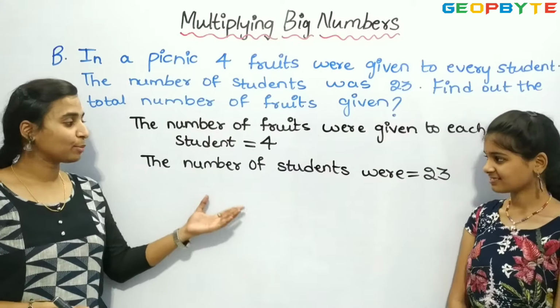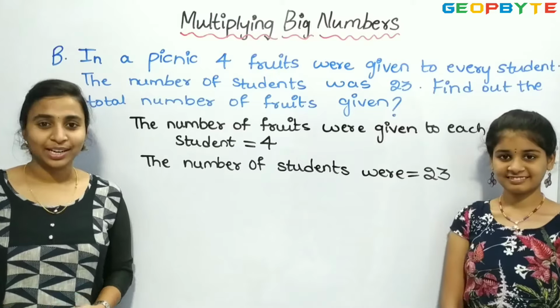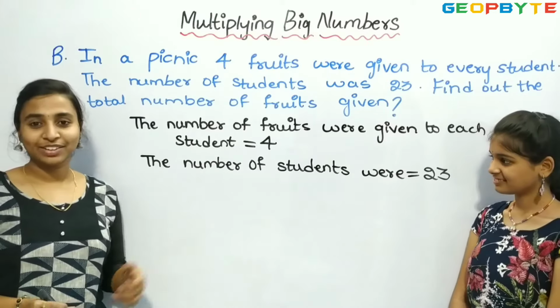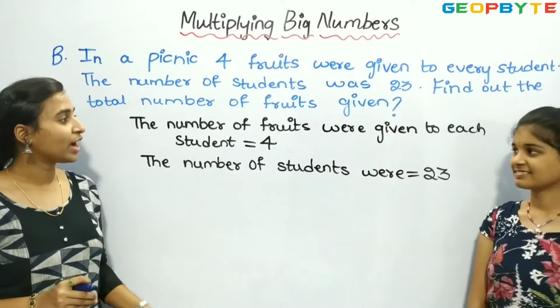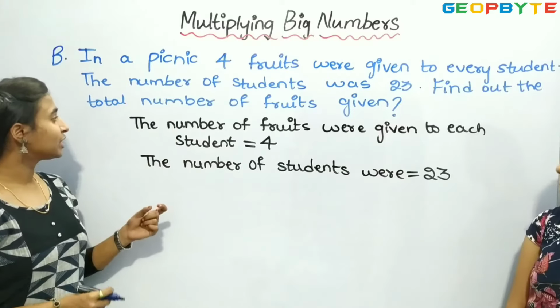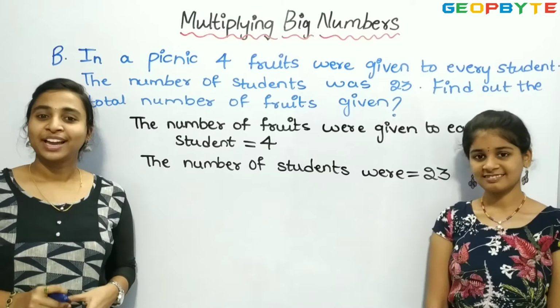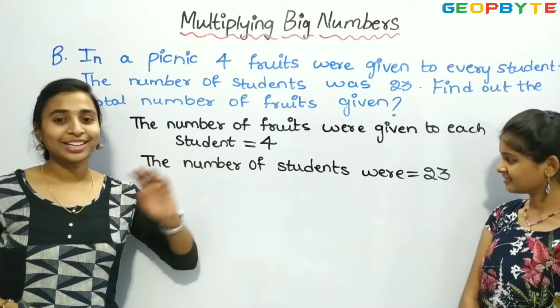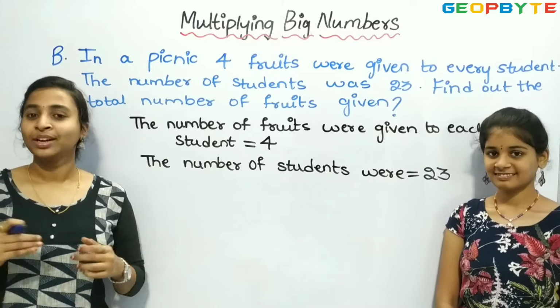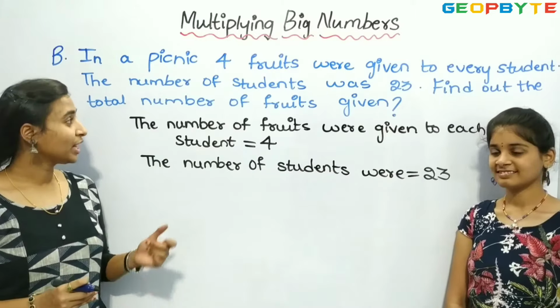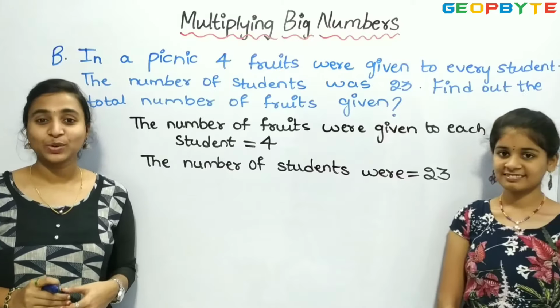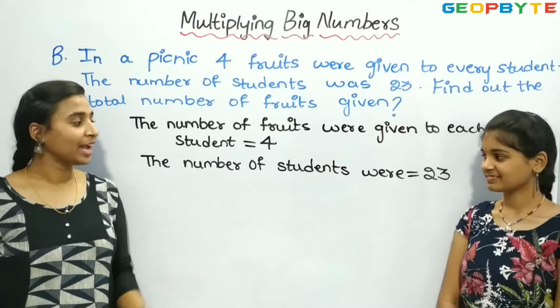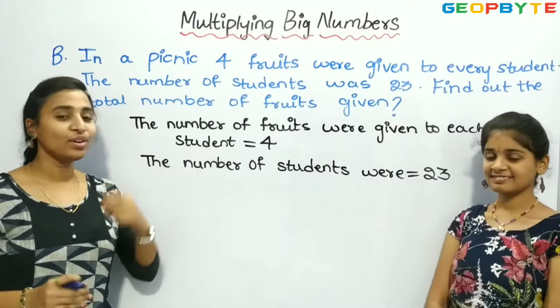Now we have written the given information. What we need to find out is the total number of fruits given to all 23 students. To find out the total number of fruits given to 23 students, we need to multiply 23 and 4,